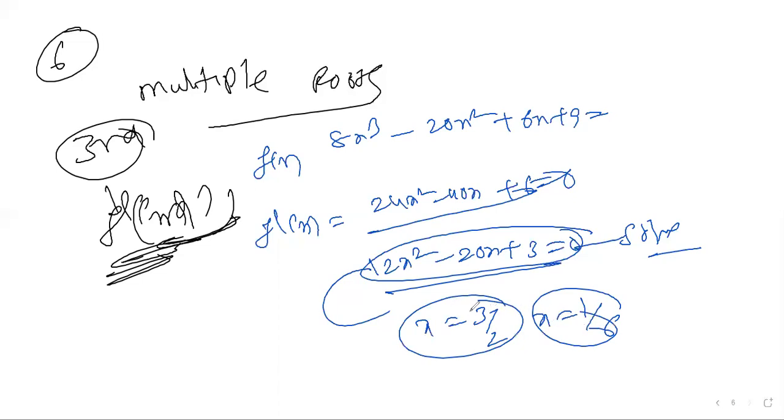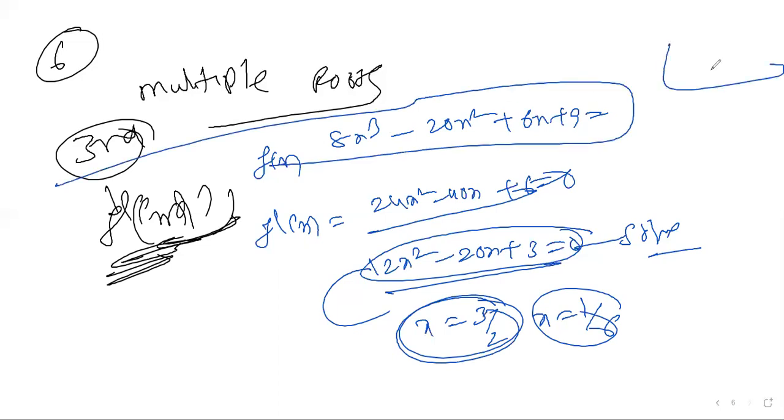If you want to check another root, let us take 3 by 2. You take it in the equation f of x and check whether it is right or wrong. If it's 3 by 2, you can do it. Is it satisfying or not? You'll easily understand it. If the answer comes 0, this is a root. Then you get alpha, beta, gamma. Am I clear, right? That is the way you can do the sixth question. With this, your 4B is finished.